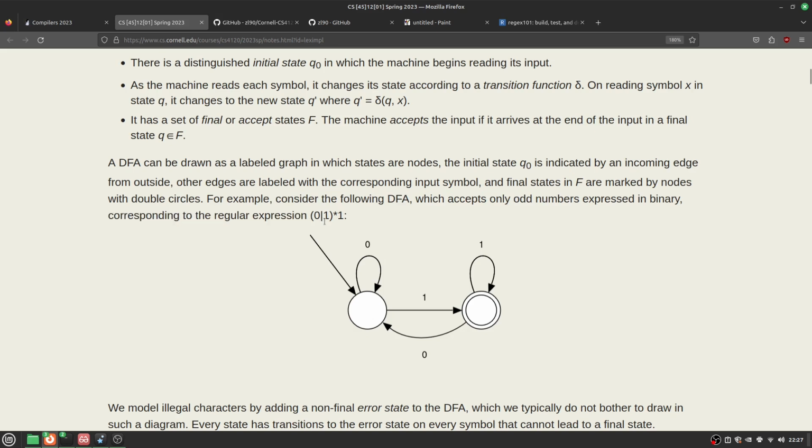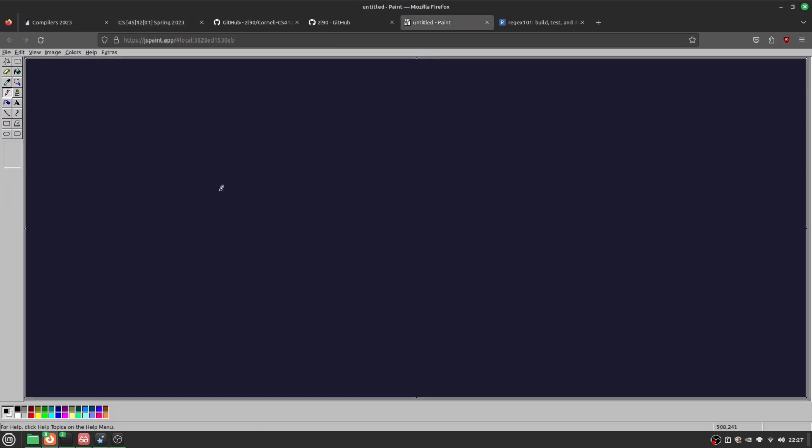the regular expression. Alright, so this regular expression is 0 or more occurrences of 0 or 1, suffixed by a 1. So let's draw that out. Zero, union of 1, Kleene closure of that, concatenated with 1